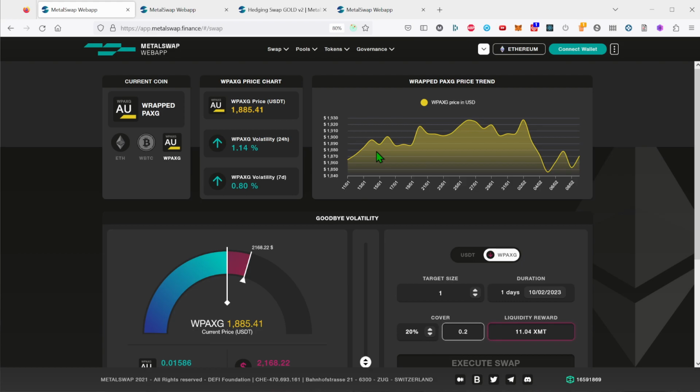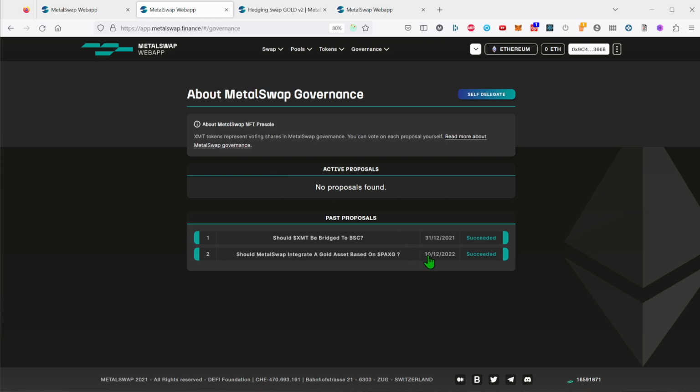To answer these questions, we have to move back a few months, where precisely on December 10th of 2022, a new DAO proposal has been carried out and has been voted successfully by the XMT tokens owner on the blockchain. The question of this proposal was, should MetaSwap integrate a gold asset based on Paxos Gold? Why did we need to ask the governance of the project